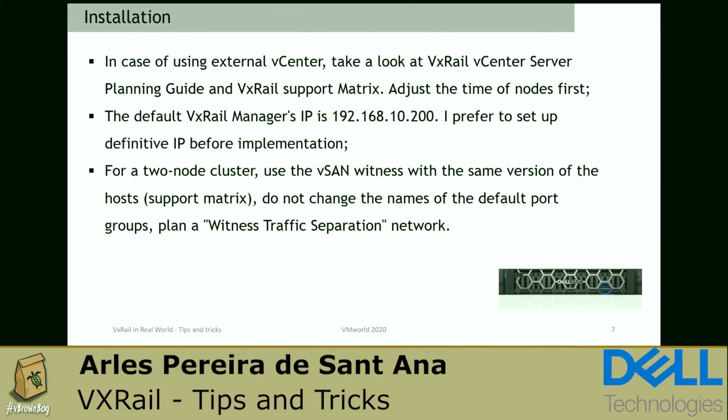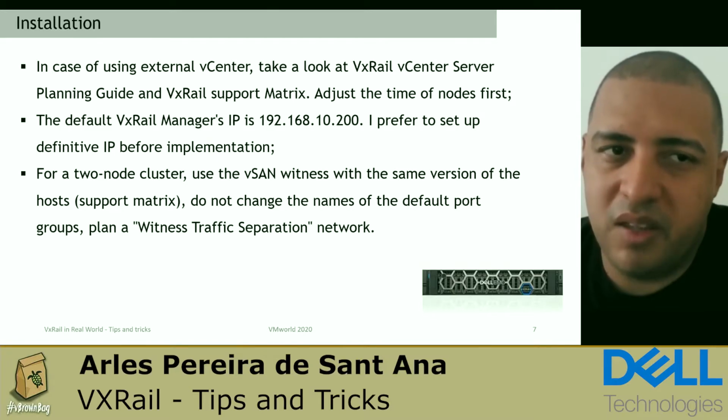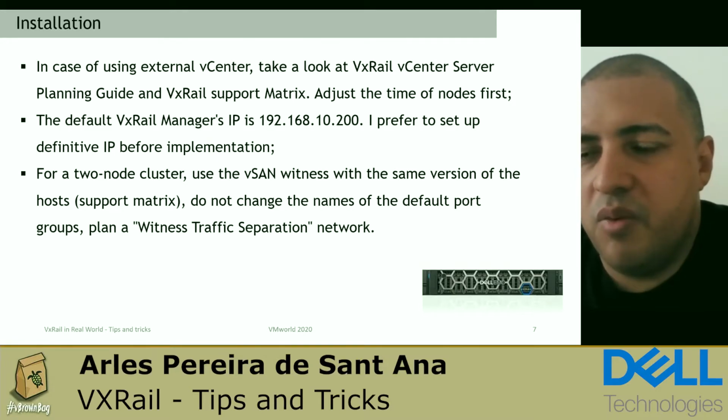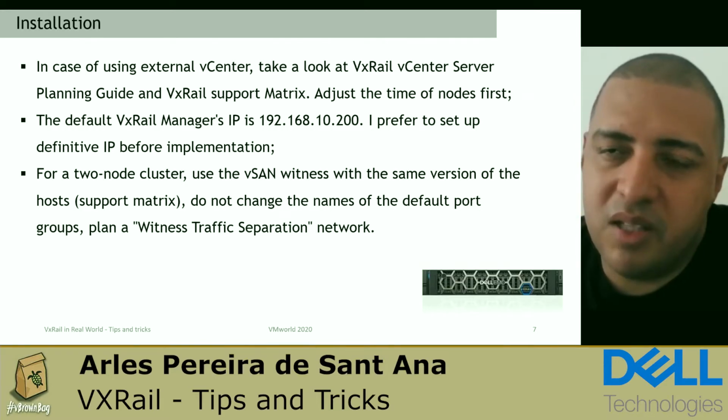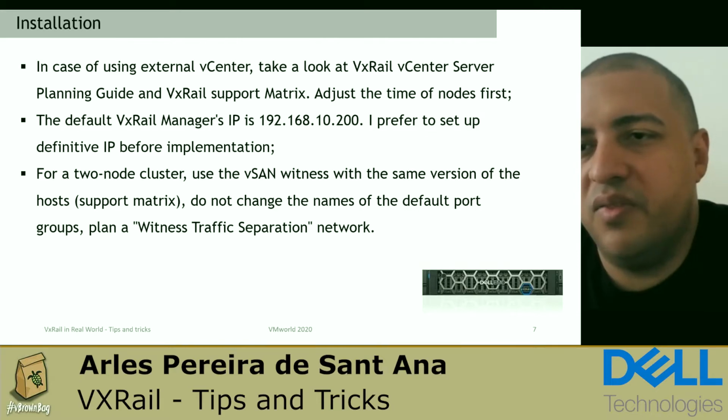Especially when you use an external vCenter Server, you need to check not only the vCenter Server Planning Guide, but also the support matrix, you need to check if you are using the correct version of the vCenter Server before you start your implementation. VxRail Manager has a default IP address, but I really recommend you to change it to a definitive IP address before you